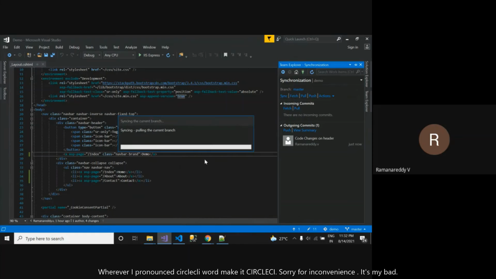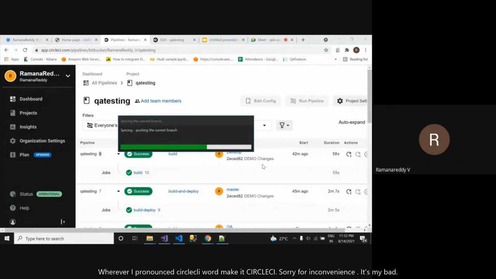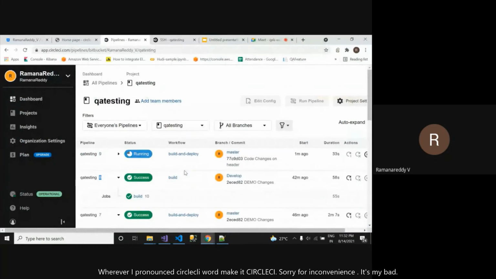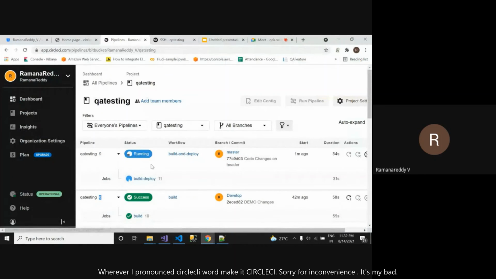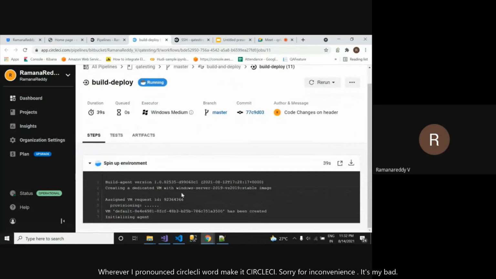Once the commit is completed, it will automatically trigger the job. As of now, I'm committing in my release branch, so it will build and deploy. If you see, it is automatically triggering this job. If you open it here, initially it will spin up the new environment